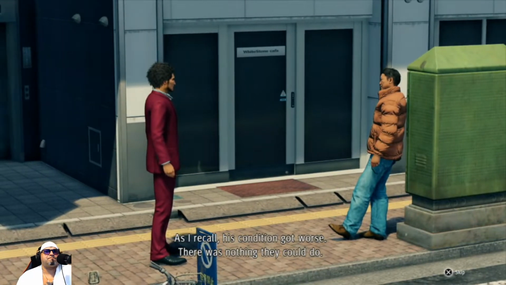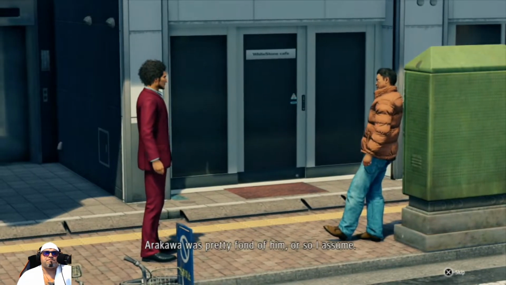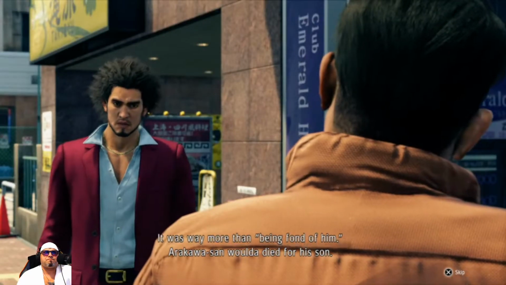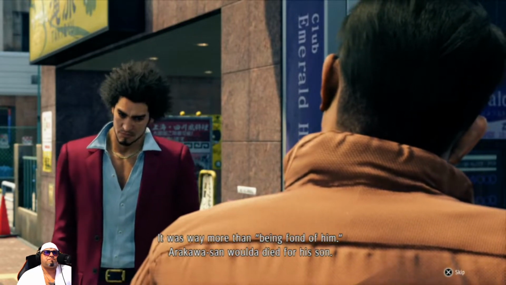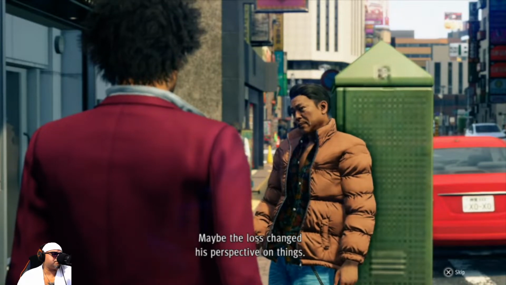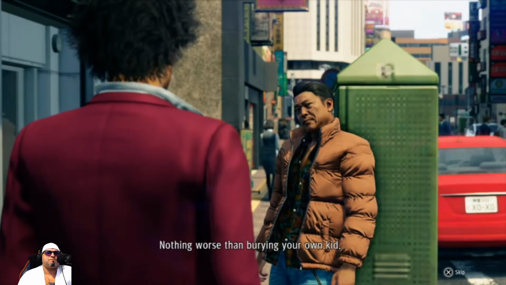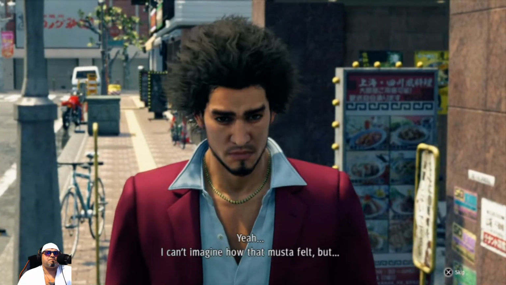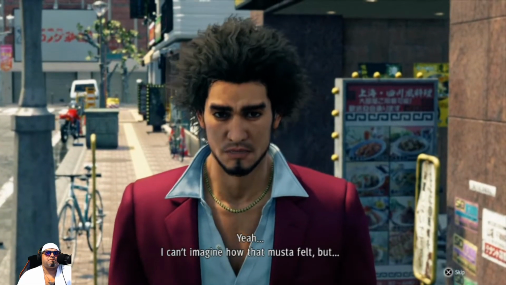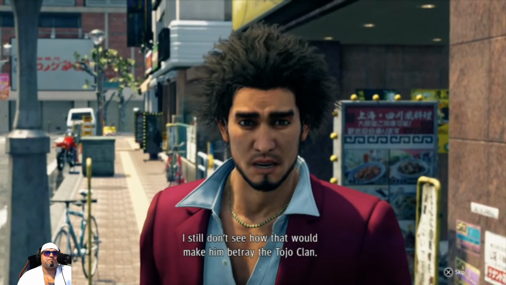His condition got worse. There was nothing they could do. Arakawa was pretty fond of him, or so I assume. It was more than being fond of him. Arakawa-san would have died for his son. Maybe the loss changed his perspective on things. Nothing worse than burying your own kid. Yeah. I can't imagine how that must have felt. But I still don't see how that would make him betray the Tojo clan.